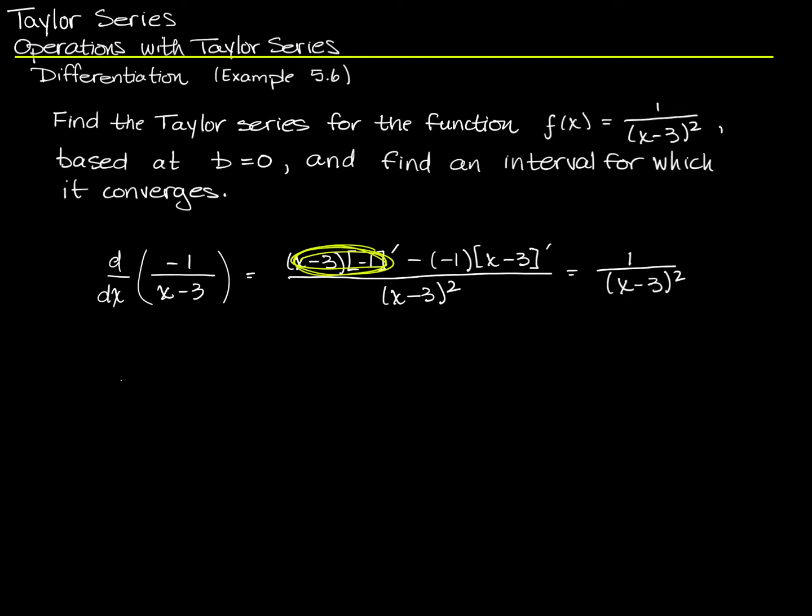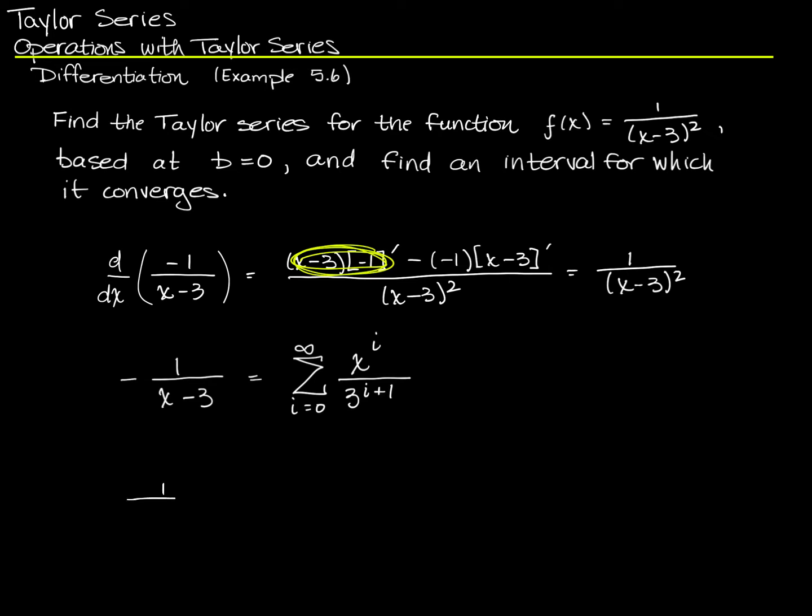We know that -1 over x minus 3 can be written as the sum, as i goes from 0 to infinity, of x to the i over 3 to the i plus 1. And we know that just from a previous result. We did a problem a while ago that gave us this result. So knowing that,